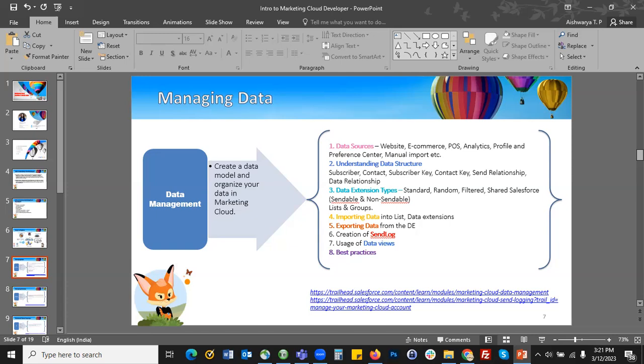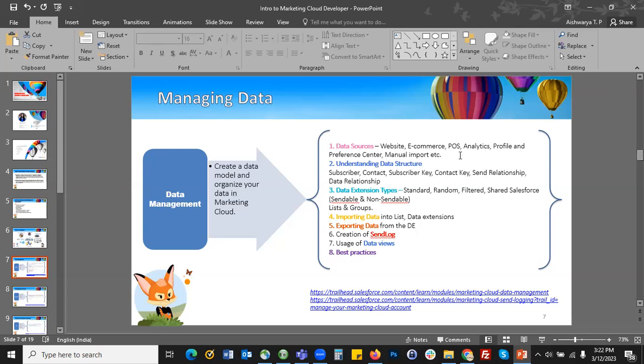Just think mindfully and import only required data that you are using for anything like a targeting purpose or for personalization. Only those things whichever is needed can be used in Marketing Cloud. Even if you can just dump it, that is not the purpose of the tool.